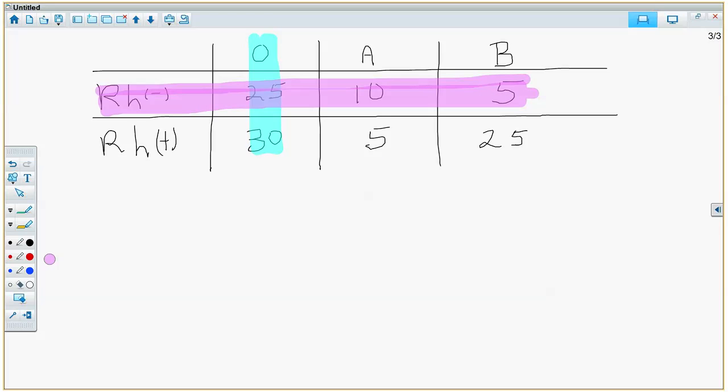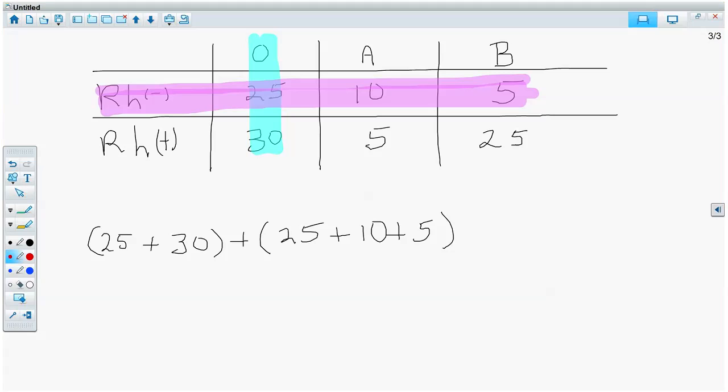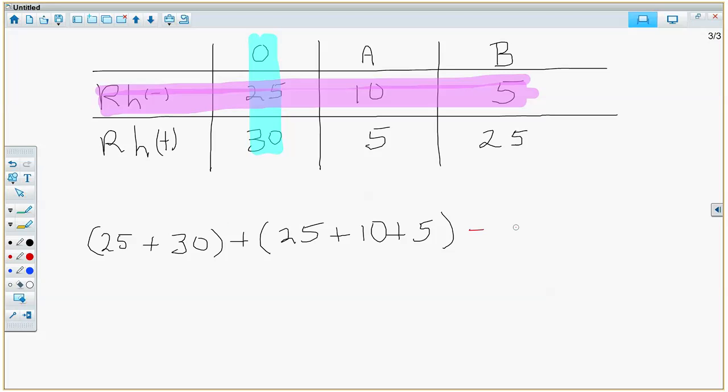So add everything up and always subtract the what? Overlap. So I'm going to go here and I'm going to go 25 plus 30. And I'm going to put that in parentheses. And then I'm going to go plus 25 plus 10 plus 5. And then I'm going to go out here and I'm going to put in red, minus